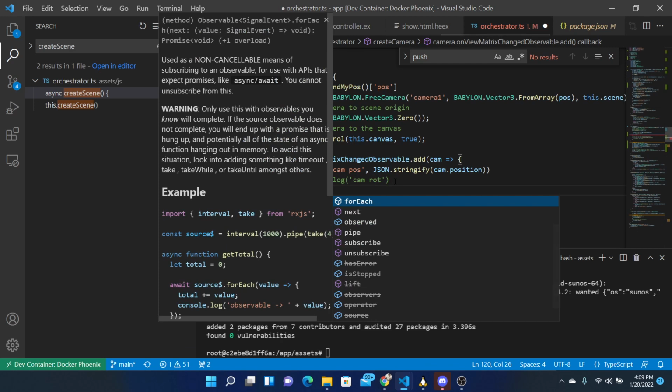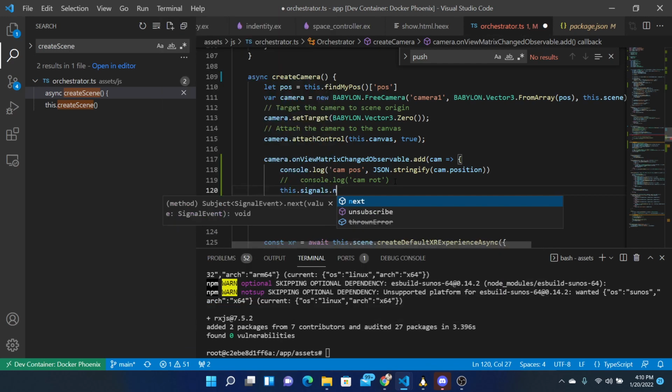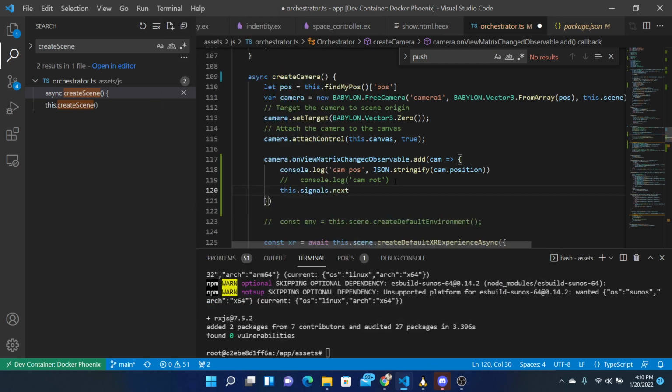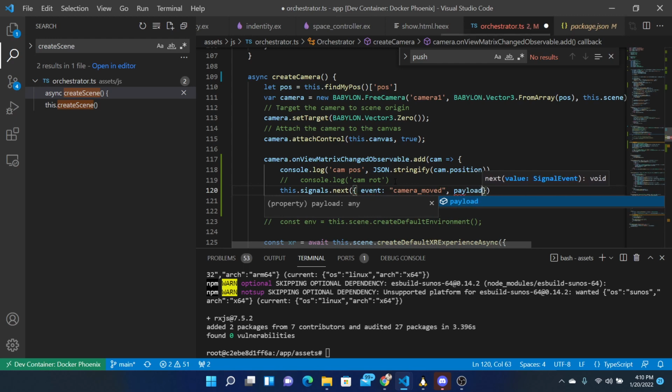We can say next, and then we can construct a signal that matches that. So we can say event is camera moved, and the payload is,